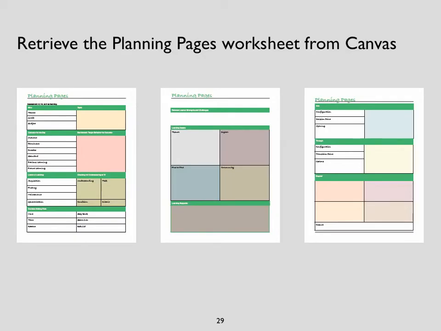Pages. Okay, so how do you put wheels on this? What do you actually do with it? I'd like you to retrieve the Planning Pages worksheet from Canvas. So in Canvas, I put together a worksheet I call Planning Pages, and I like to talk about its use because it's really the major activity I'd like you to engage in when I go through the instructions